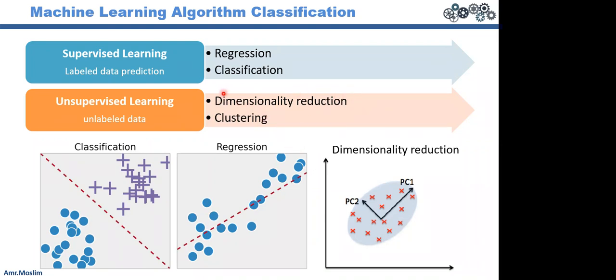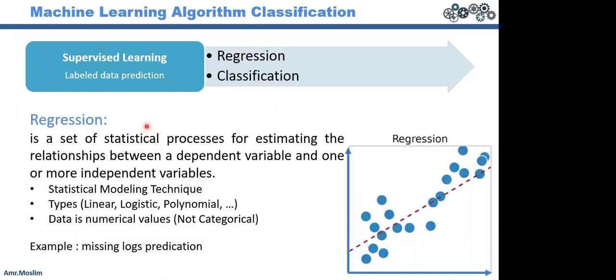I can do dimensionality reduction, which means if I have like 10 dimensions in the data, 10 columns, I can reduce them into 3 or 4 columns with confidence without losing any information. This is the tricky part, without losing any information, or without losing most of the information. And I will talk to you about this one in the coming slides. Firstly, let's